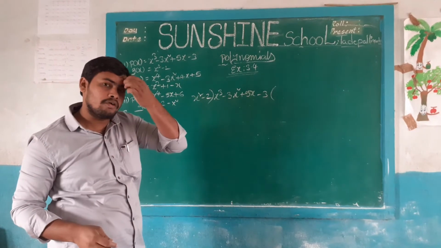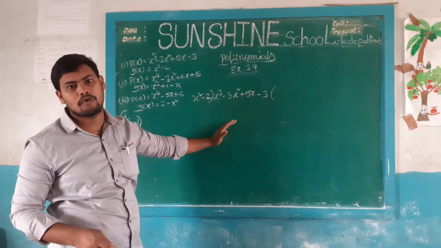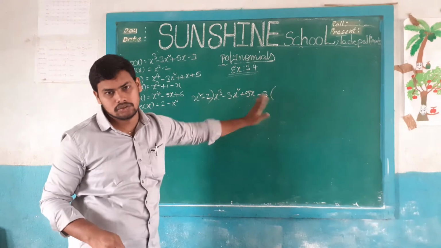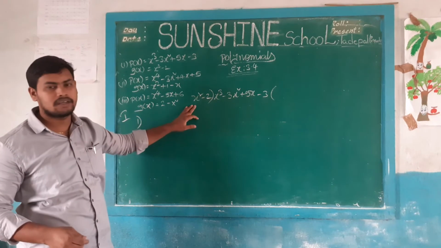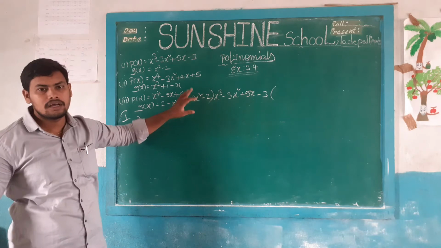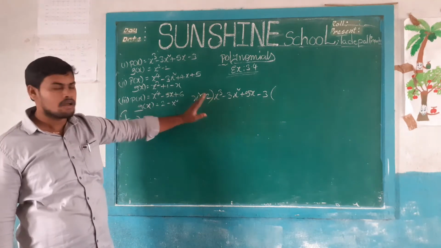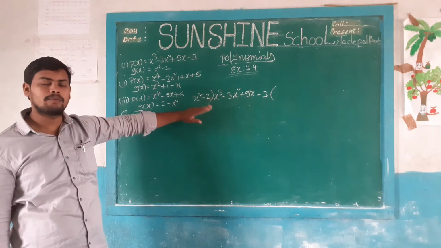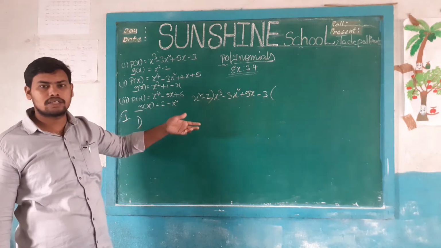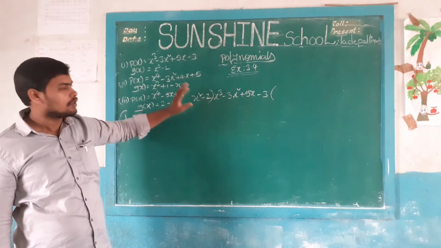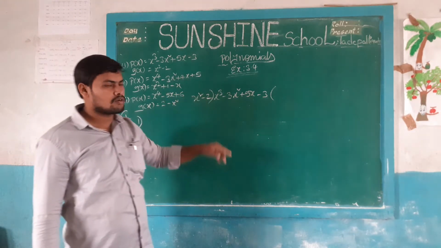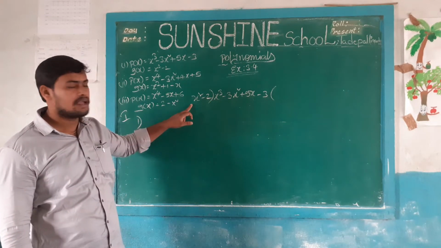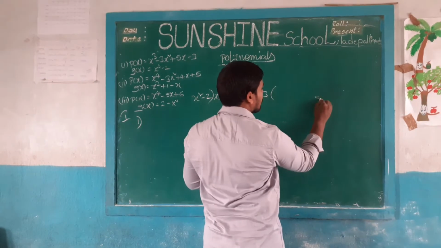First, you should verify whether all are in regular format or not. So x cube term, x square term, x term, constant. So it is verified. It is in regular format. You should also verify g of x. G of x also has first the x square term, next the constant term. So it is also in regular format, but there is no x term, only the constant term. So this is also verified. So what is the first step? You should divide x cube by x square. Step 1.